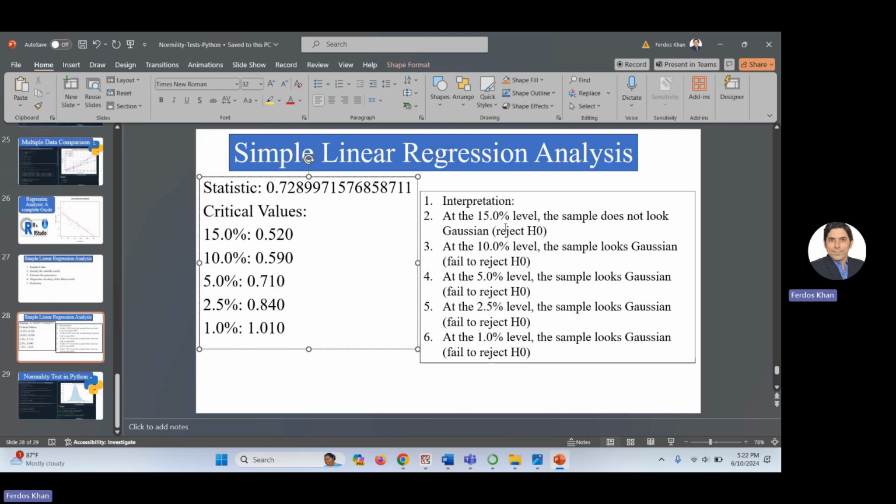Now this is the interpretation for the previous test statistic. You don't need to read this one, you can just look at this. This value exceeded all these values. So this means that we reject the null hypothesis at the 5% level and of course at this level also. At the 5%, 10% and 15% levels, we reject the null hypothesis. The data is not normally distributed. So you can write like this: reject the null hypothesis at 15% and 10%, and still we reject the null hypothesis at